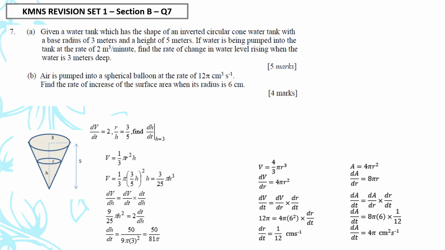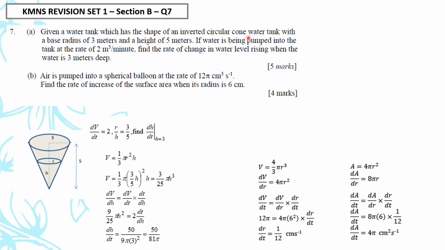Section B will ask about the rate of change and the optimization problem. So the most important thing about the question is you know what type of shapes you are dealing with, because you have to know the volume and also the surface area for that particular shape that you are dealing with. So for example, question set 1, section B question 7, it says we have a water tank has